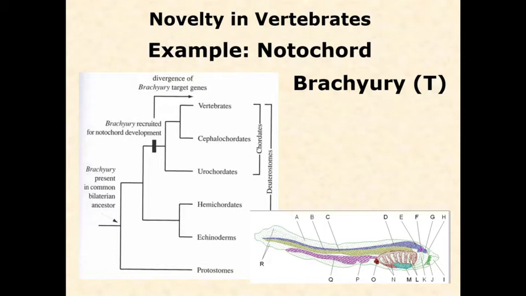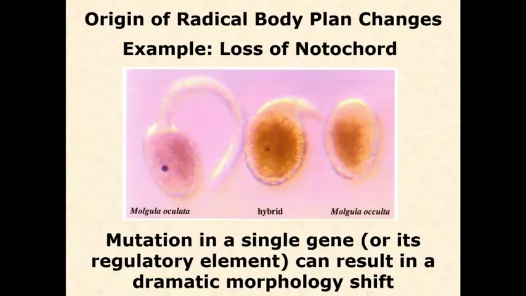And most of the time, those mutations are not going to be beneficial for the organism. But every once in a while, again, if they're exposed to the correct niche, they may have that. So it's very easy to lose features, particularly in very diverse groups with lots of different niches that they're exposed to. And so mutation in this single gene, or like I say, more likely its regulatory element, results in this